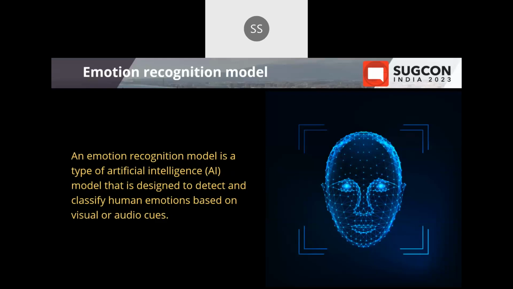So this emotional recognition model is trained on a data set of human emotions, such as facial expressions or voice tones, and it's trying to learn and recognize the patterns in the clues that correspond to specific emotions, such as happiness, sadness, anger, or fear. We can use this model in a variety of applications, such as analyzing customer sentiments